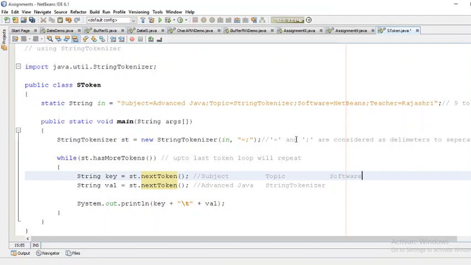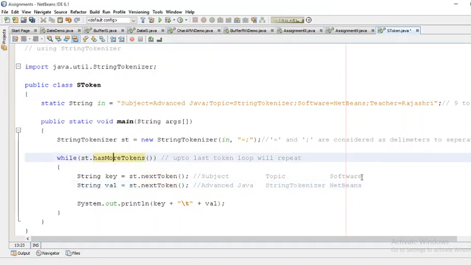And after that the equal to sign, and further that, whatever it is up to the semicolon, is considered as the next token. So this is our value. So the next pair is software equals NetBeans. It will be printed with key and val. The loop will continue.